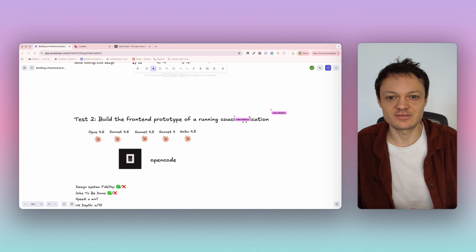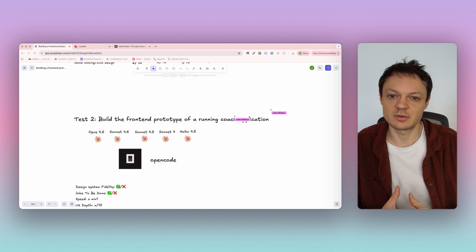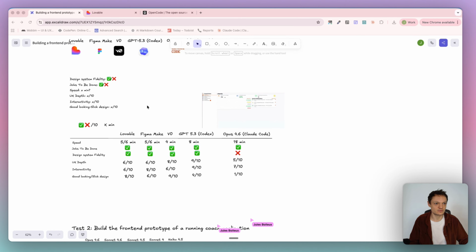So Sonnet 4.6 is the latest model from Anthropic, and I wanted to put it to a test to assess the quality of a front-end prototype that it is capable of generating based on a PRD. So for this test, I'm actually going to use the same app that I used in a former video that